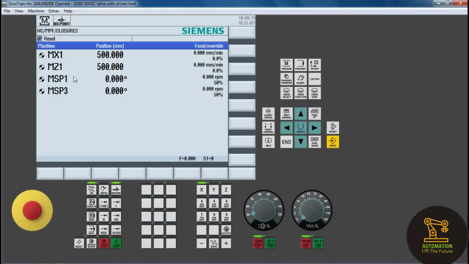Next are spindle speeds and tool feeds. You can observe the change in the ranges of speeds and feeds on the human interface and click start on the green button.